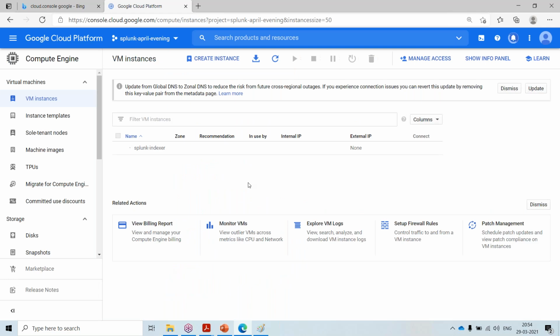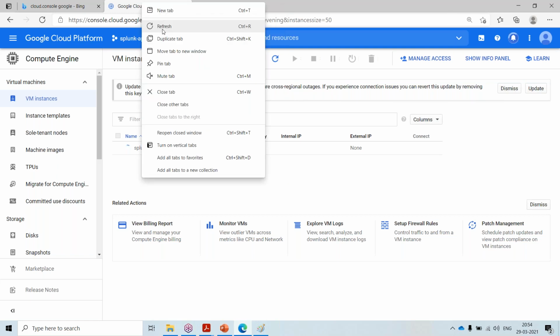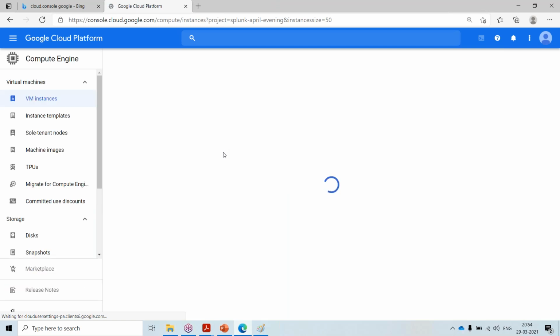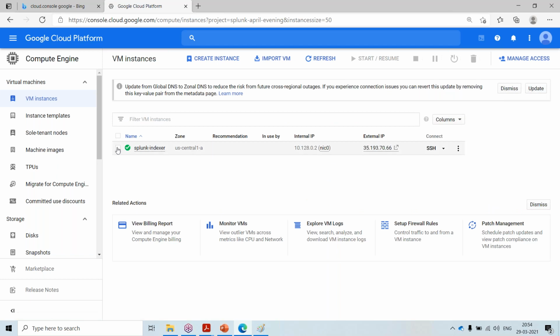Once the instance is created, it is very easy to launch it. Here you will have an SSH button, and if you click it, you will automatically log in. In AWS you have to download the key pair and so on. Wait for a while. Once the instance is up and running, you will have two IPs, an internal IP and an external IP.